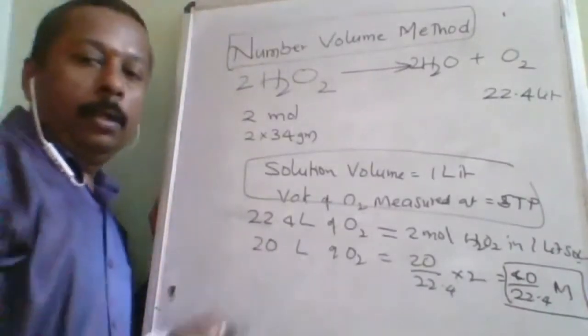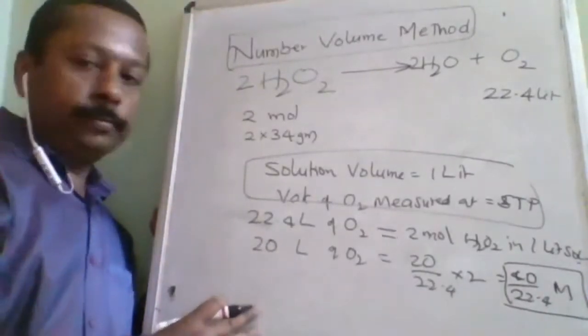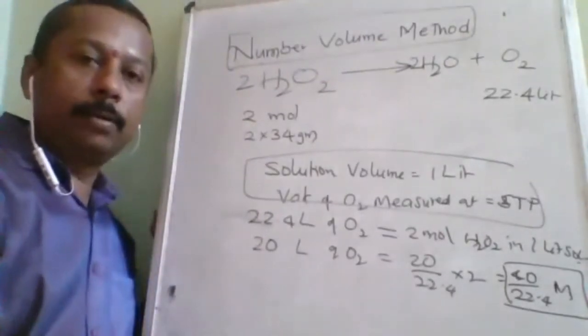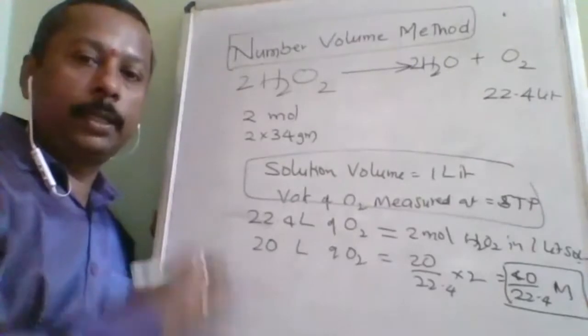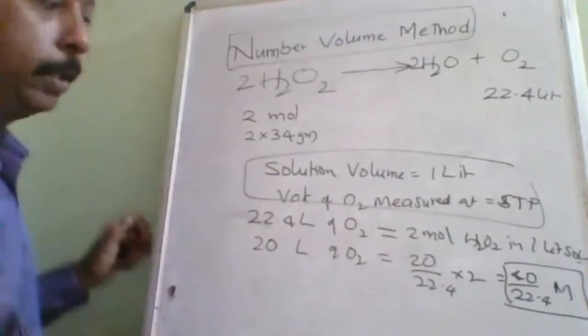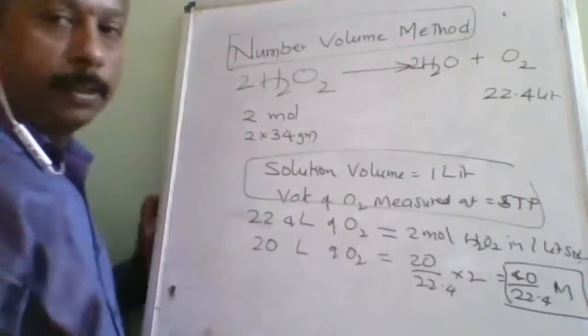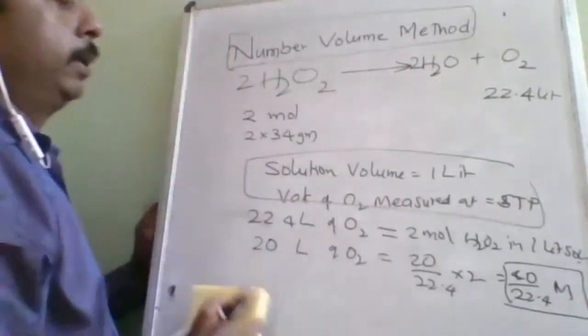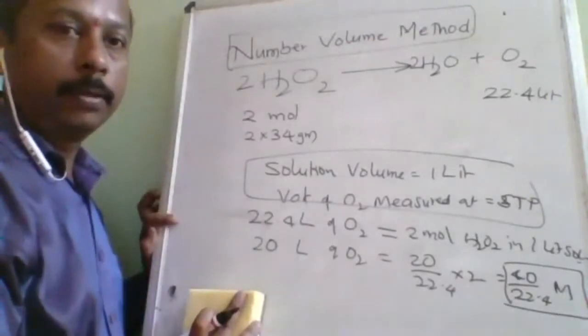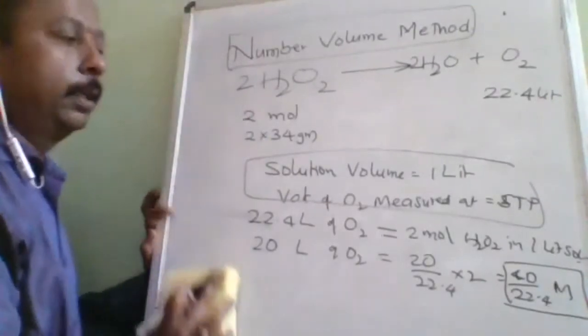Understood? So once you know the molarity, is it possible for you to find out mass fraction and molality? That you will come to know when I explain the other terms. Normality will be just in terms of the molarity only. I will tell you the interconversion of one unit into another unit. Two more units are there.